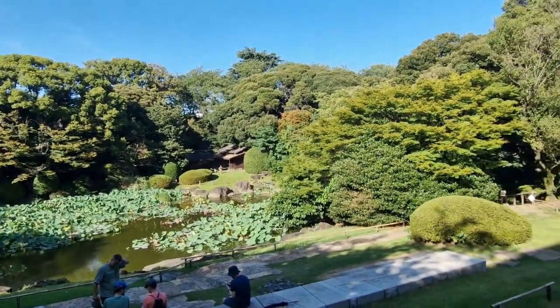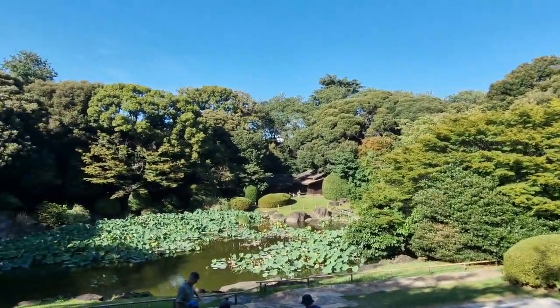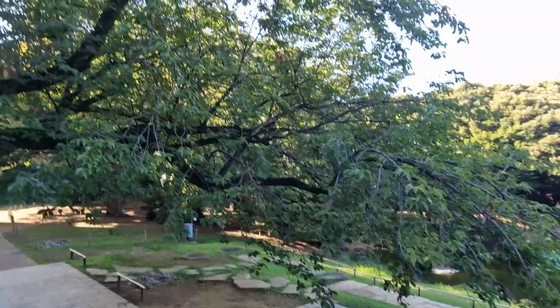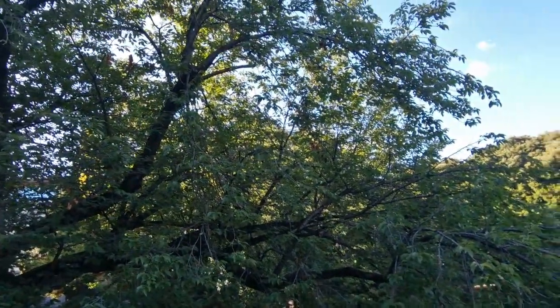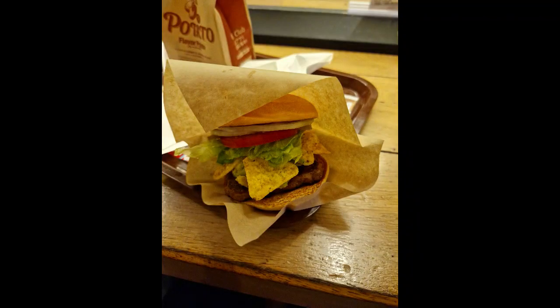Yeah, and on the back side it had an outside area where somehow you could get into this park. We never quite figured out how to get into the park because we got to the museum at, was it 12:30 or 1 p.m. or something, and the museum itself closed at 2, so we grabbed some lunch somewhere else, and later at night we went out again, and again, near our hotel, we found this park, Ueno Park, and